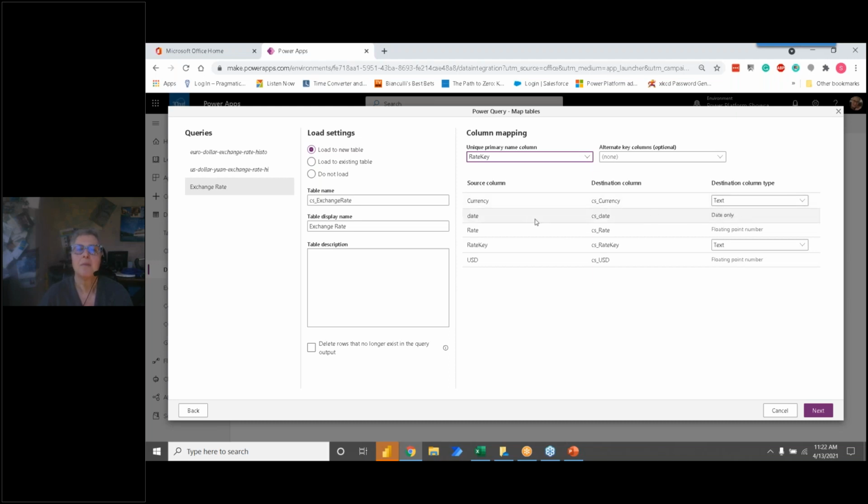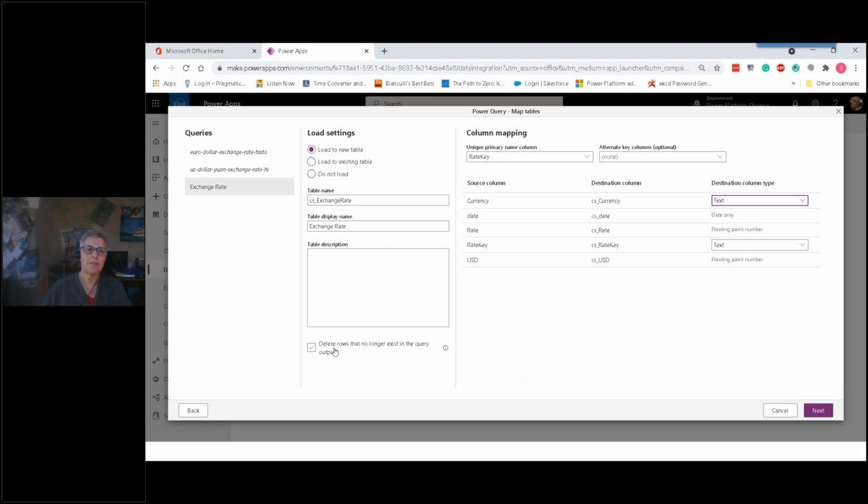And then based on the data types that were in the query editor, it chose data types for the fields that it's going to create. The only choice that you get is on the text fields, whether they're single line of text or multi. And then there's one more, let me talk about this a little bit.